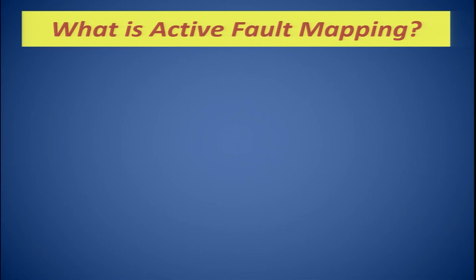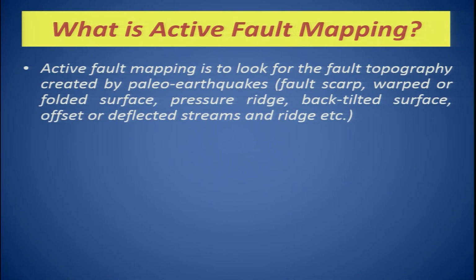Now, what is active fault mapping? Active fault mapping is to look for fault topography created by ancient earthquakes, like fault scarps, warped, folded surfaces, pressure ridges, back tilted surfaces, offset and deflected streams and ridges. This all forms part of the geomorphology, and further,